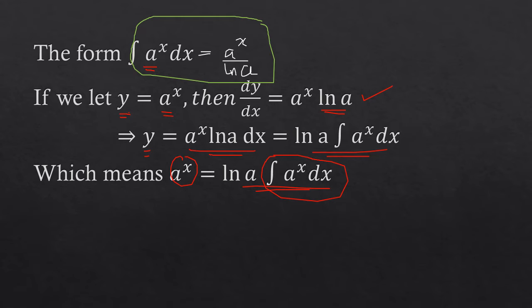You can see we are having this, and this tells us what? It tells us that y, which is now this, is the same as the integral of this, which implies that the integral of a^x dx is the same as a^x over ln a. So what does this tell us? It tells us that this form here is the same as